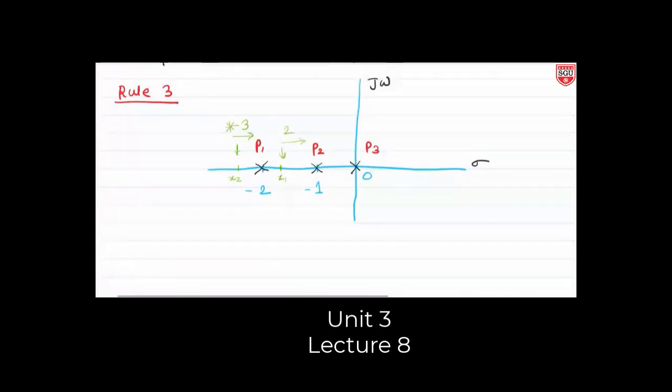Same thing we have to do for the others. So this is the one branch that we assume, we concluded that it is moving in this direction. Then we will apply the same thing for the others. I will remove this.